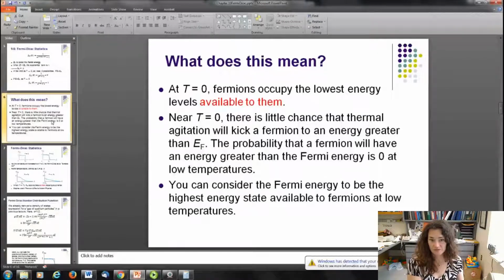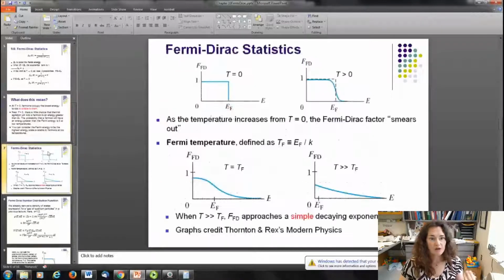low temperatures. So what can you consider the Fermi energy as? Well, the Fermi energy, then, is the highest energy state available to fermions at low temperatures. So that sets the max possible energy that a conduction electron, say, can have as the metal goes to very, very low temperatures. Here's what the Fermi-Dirac distribution function looks like for the temperature equal to 0,